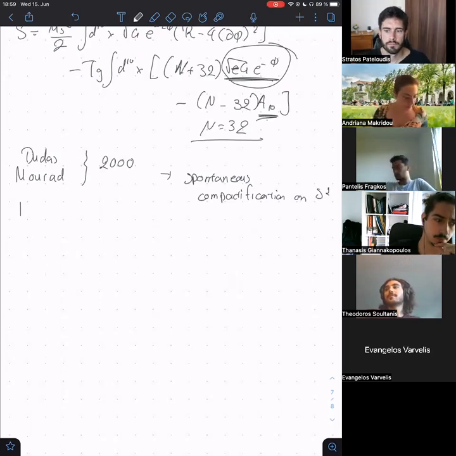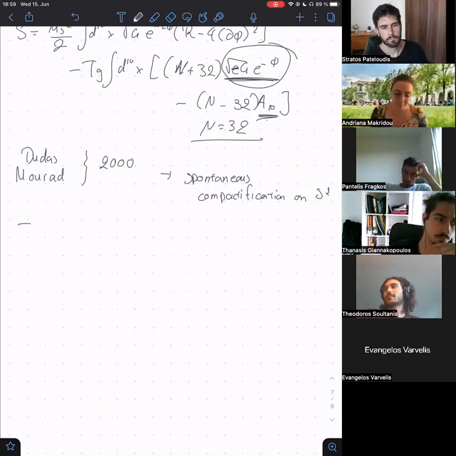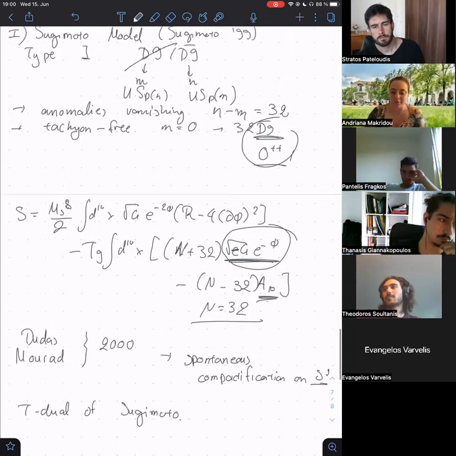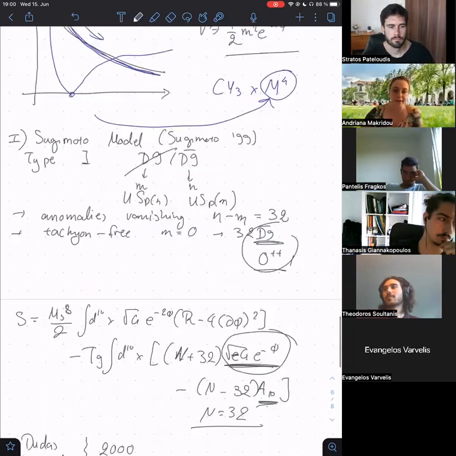Okay, perfect. And then comes the second model that I will introduce later. The second model, let's say, would be the T-dual of this Sugimoto model. And the idea is you already have the circle, so you can play the game of the usual compactification, the duality, and so on and so forth. And this will be the starting point for our explicit Cobordism setup. But okay, why do the Madrid people say that this is now some kind of dynamical Cobordism?